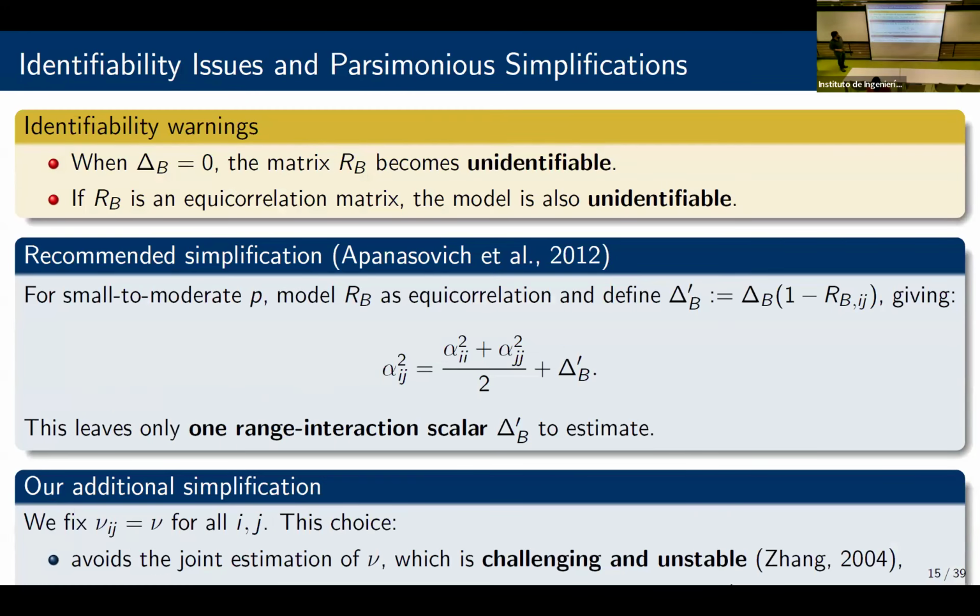So there is a situation related to something called identifiability. What does it mean, identifiability? I want to understand that if I have a set of parameters, then the model is unique, right? And it turns out that if this term delta V is equal to 0, then I cannot estimate this matrix, because I can plug whatever matrix I want, satisfying the constraint, and the model will be the same. It doesn't change, right? So this is something that I have to take into account when I do the estimation,